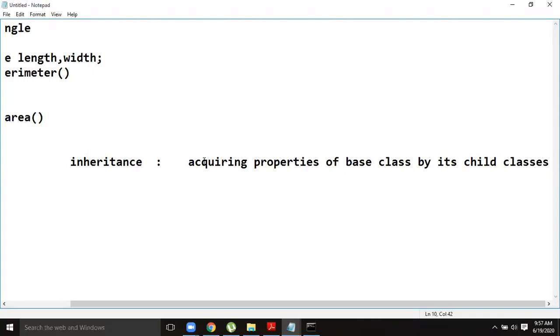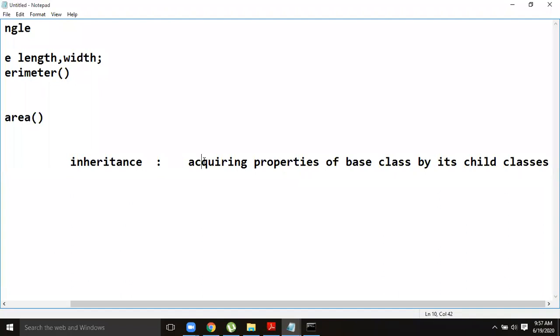They just simply invoke them, use them. That's it. That is what acquiring means: reusing the same component. The inheritance property leads to reusability of the component. The same component can be used by the child classes without redefining them. That is what inheritance is.